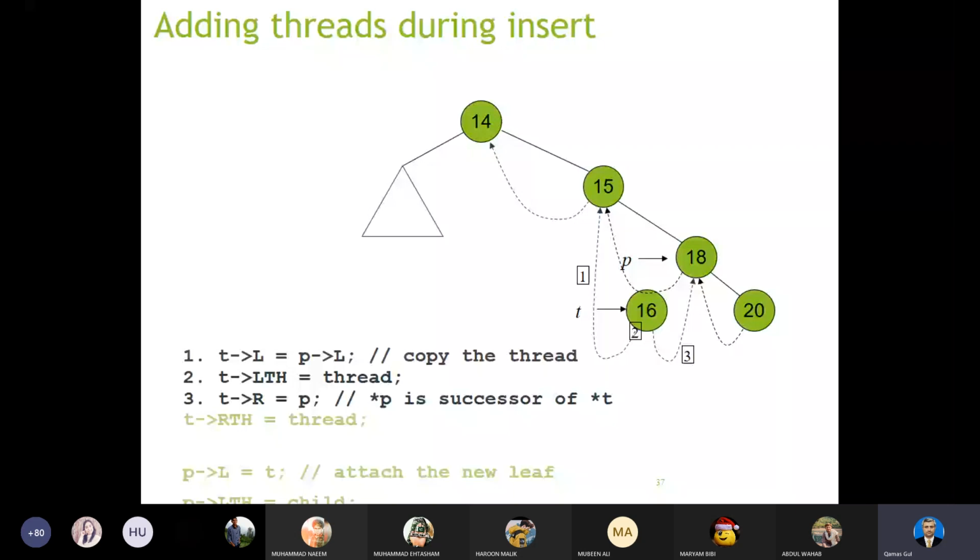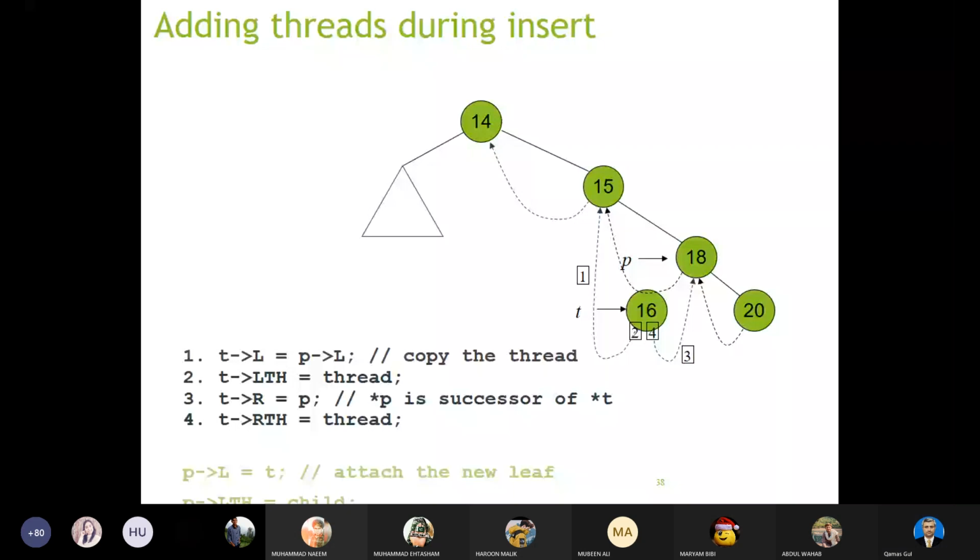T arrow right, T का जो right पॉइंटर है जो कि एक थ्रेड है उसे आप पॉइंट कर रहे हैं towards 18 and then you are saying that T arrow RTH is equal to thread, और ये भी एक थ्रेड है, ठीक है। ये भी एक इंटरनल लिंक नहीं है बल्कि ये एक थ्रेड लिंक है, ठीक है।